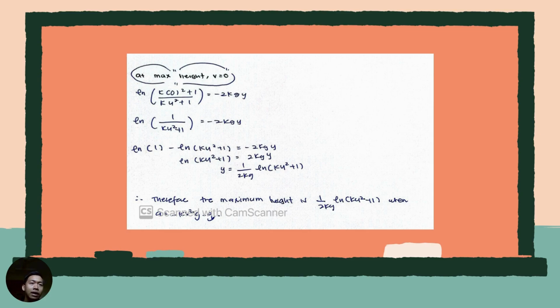So we separate, we multiply ln into the 1 and also the ku squared plus 1. So we got ln 1, negative ln of ku squared plus 1 is equal to negative 2kgy. So next we got ln of ku squared plus 1 equal to 2kgy, where y is equal to 1 over 2kg, ln of ku squared plus 1. So therefore, the maximum height is 1 over 2kg, ln of ku squared plus 1, when the a is equal to